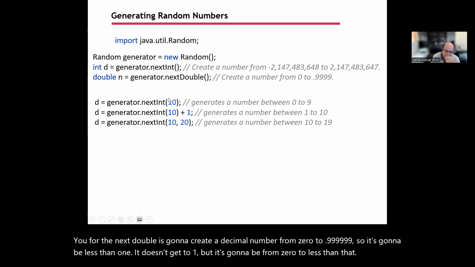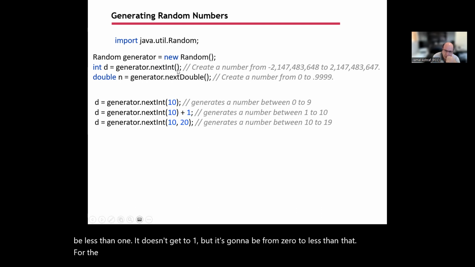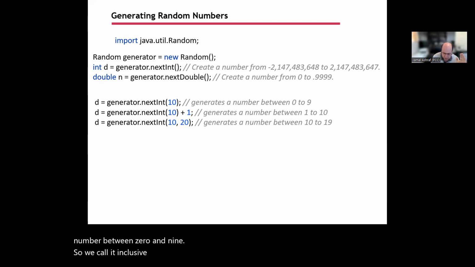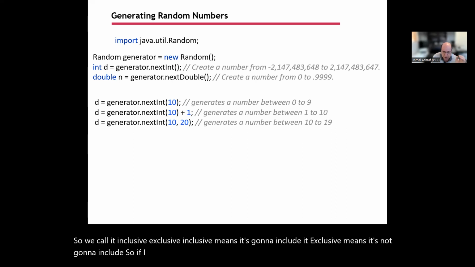Now, for the nextInt, we can potentially put a number inside of it. That's going to generate a number between 0 and 9. So we call it inclusive, exclusive. Inclusive means it's going to include it. Exclusive means it's not going to include it. So if I say 10, it's going to be 0 inclusive, 10 exclusive, meaning that it's going to go to